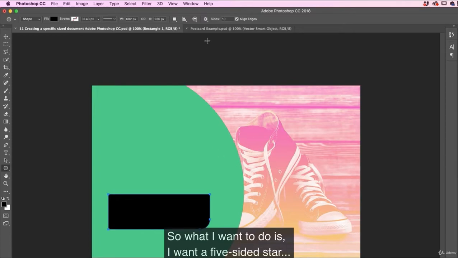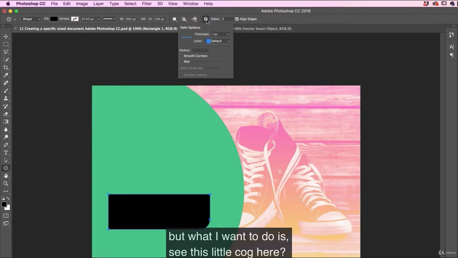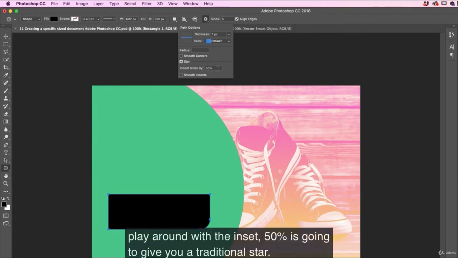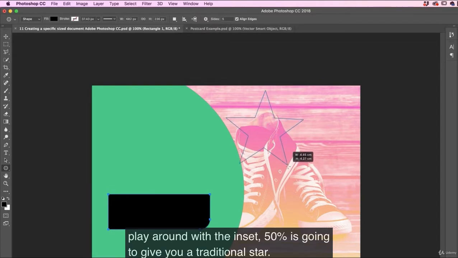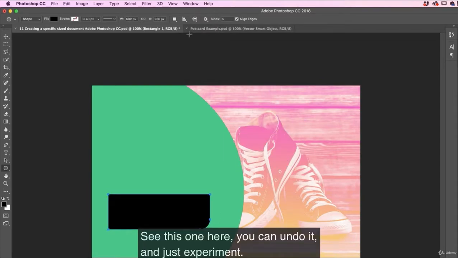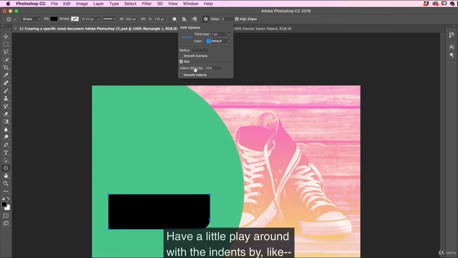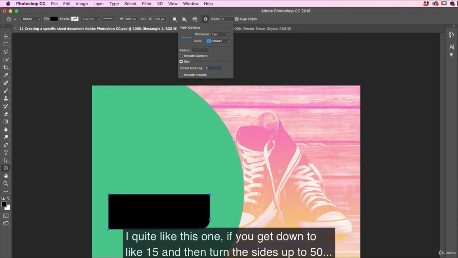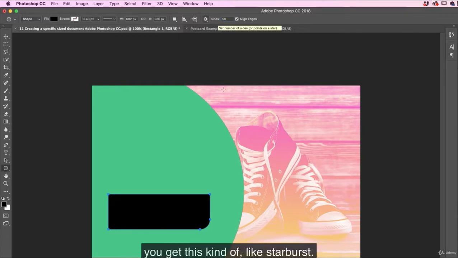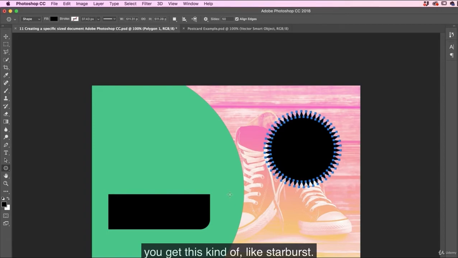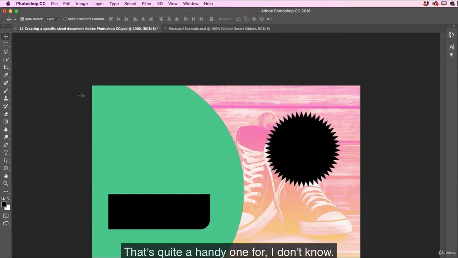Great, so what I want is a 5-sided star. See this little cog here? Before you start drawing, click on star. Play around with the inset. 50% is going to give you a traditional star. You can undo it and just experiment. Have a little play around with the indents. I quite like this one. If you get down to 15 and then turn the sides up to 50, you get this kind of starburst. That's quite a handy one for, I don't know,